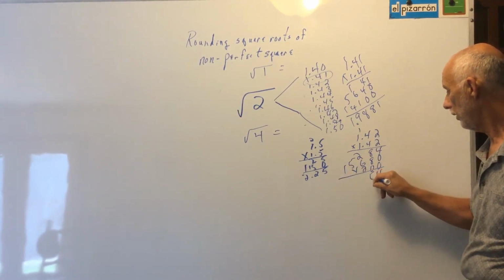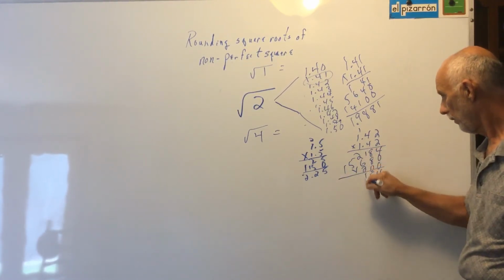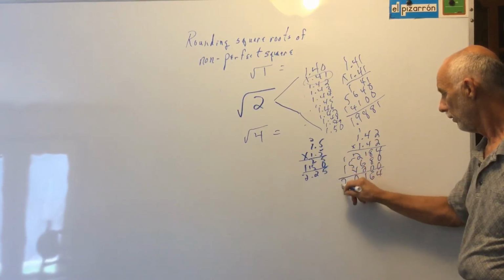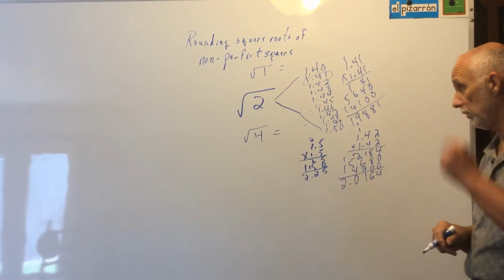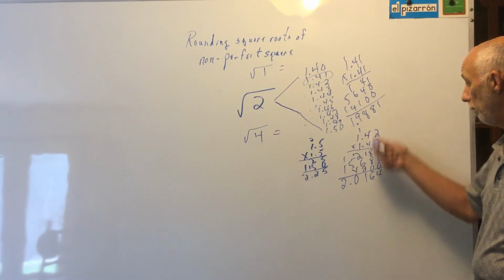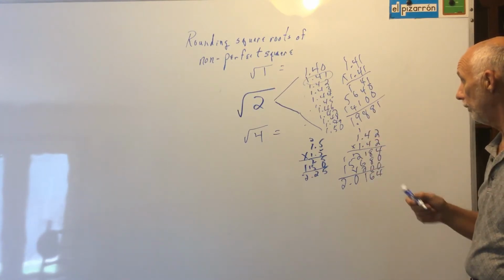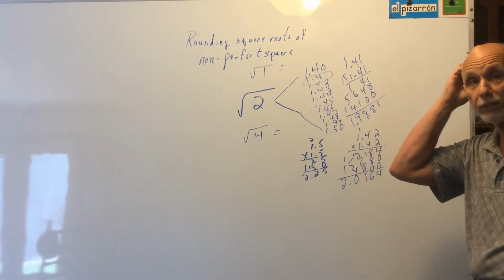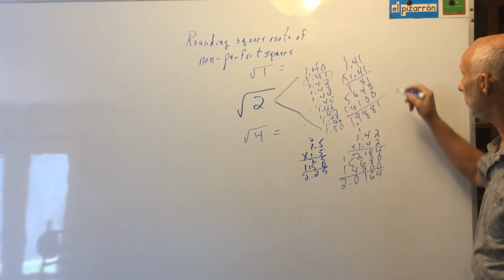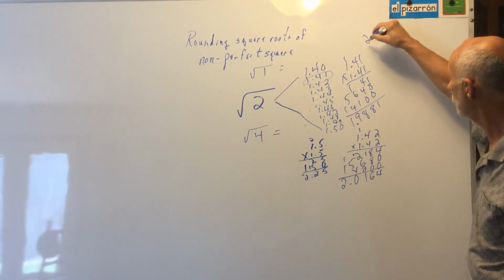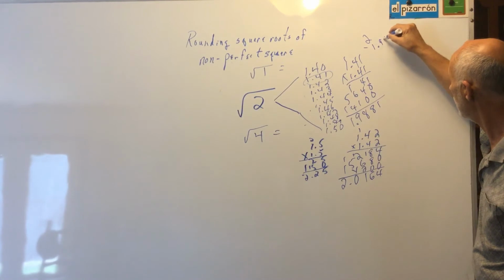You get an answer here: 2 and 164 thousandths. So both of these are pretty close to 2, way closer than 1 and 4 tenths was. All right, but to see which one is closest, you have to take 2 minus the smallest one,